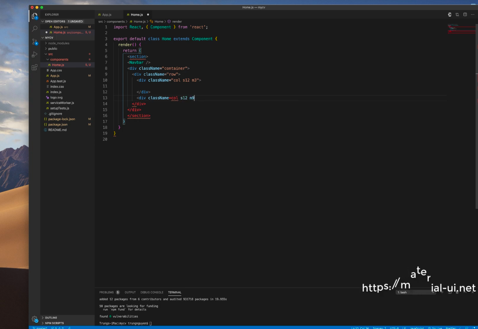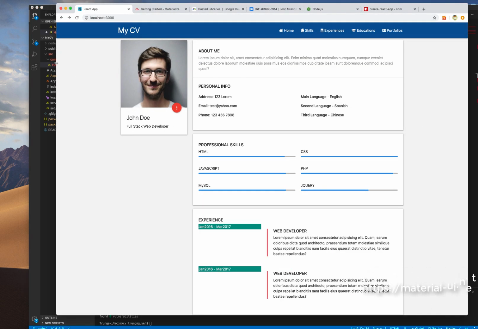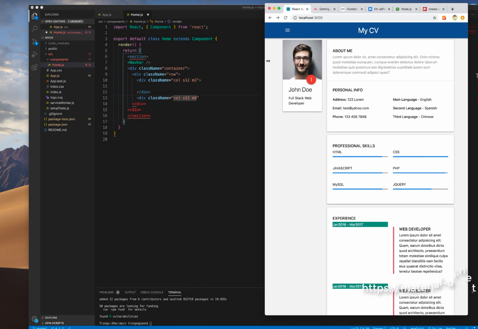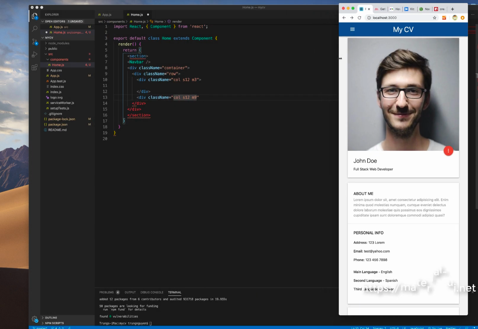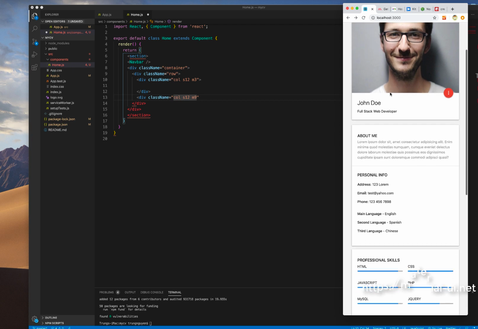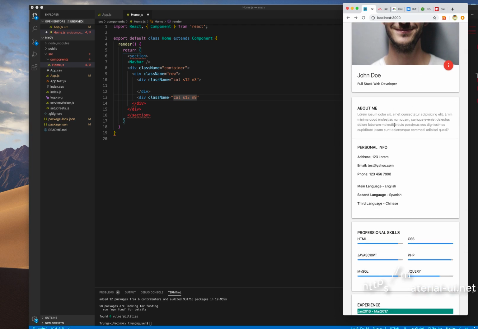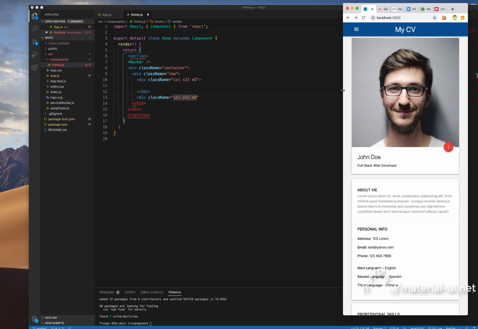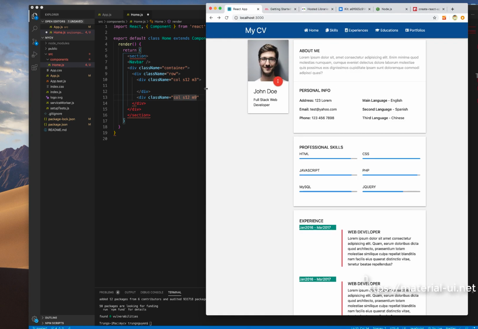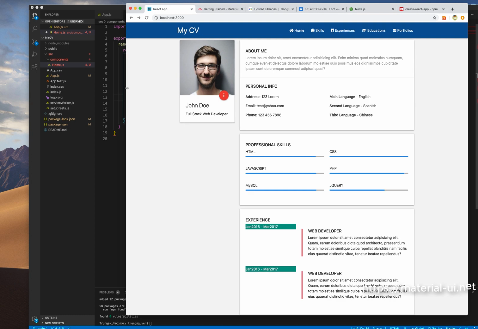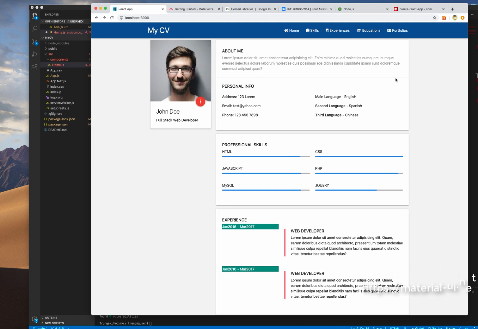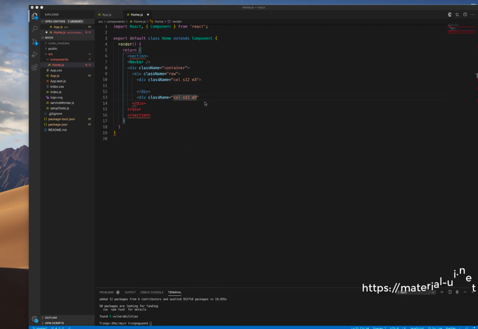S12 M9. That means on the medium string it's 9 columns, small string is 12. So here, small string, for example, you see that 12. This section will be 12 columns, and the rest is 12 columns. But in the medium string or large string it's just 3 and then 9, or you can define medium string